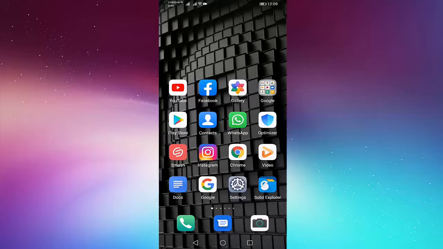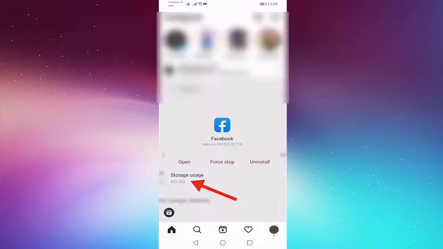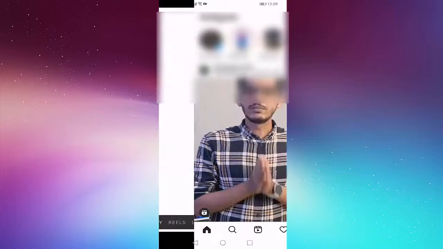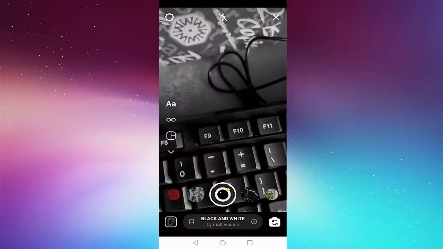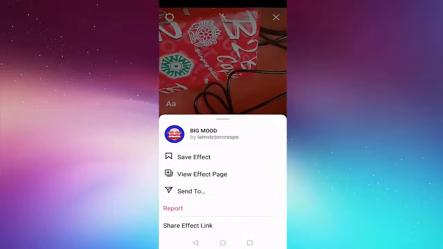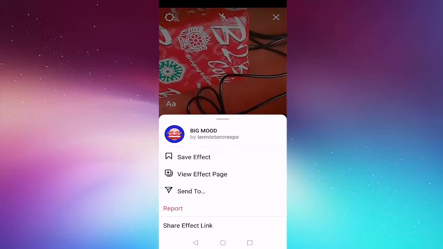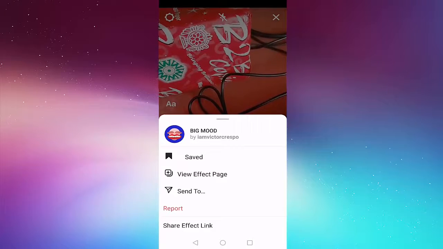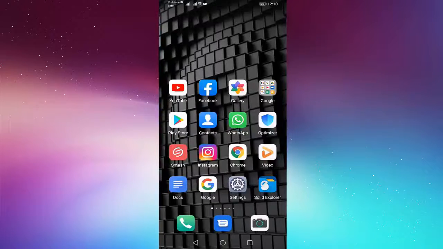First of all, open your Instagram, then go to the story option. Here you select any one effect, then press here big mode. You can see here save effect, press it, then go back, close your Instagram, open Instagram again,